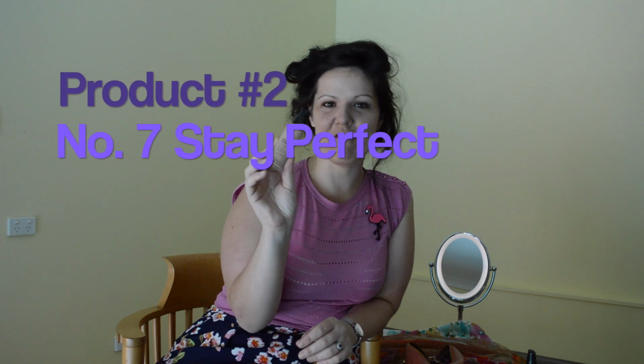And then I layer onto that a number 7 Stay Perfect foundation, which I only own because Lisa's mum had it spare in her drawer. I'd run out of foundation and she gave me this. So talk about matching your skin tone. Kim and I probably, I wouldn't say we share a similar skin type, but anyway, hey, don't look a gift horse in the mouth. So I just put that over the top